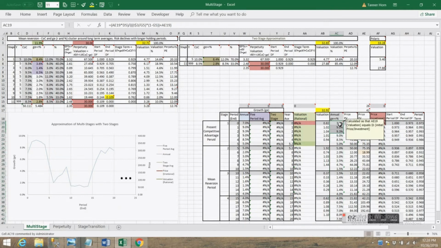But it really gets to be diminishing returns if you try to go further and further out in terms of time and trying to forecast growth rates. So we really need to come up with a different approach that prevents us from having to go so far out, or that makes so many different